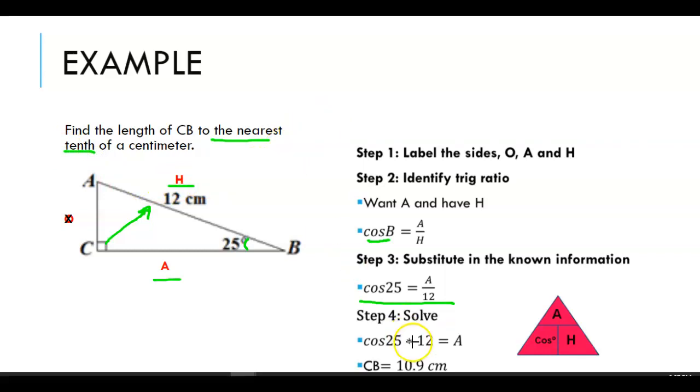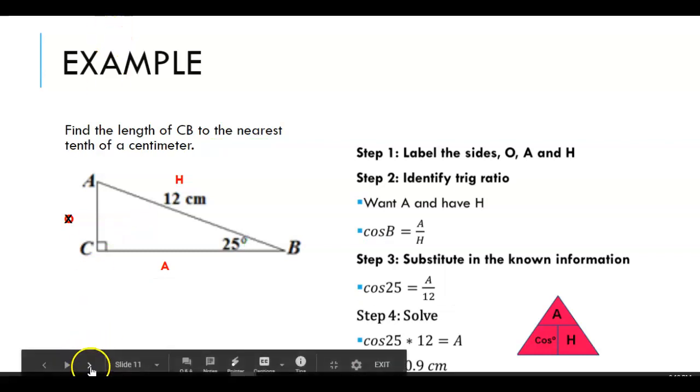Recall that if the number after, so you're going to look at the hundredth, if that is 5 or greater, you're going to round up. If it is 4 or less, you're going to round down, okay? And these are the steps how we solve